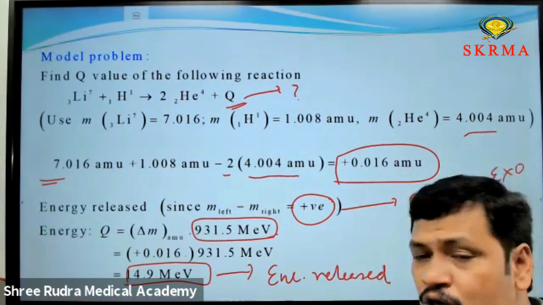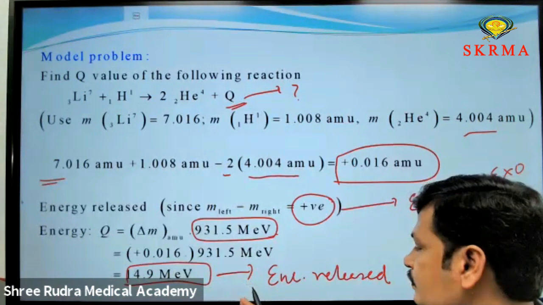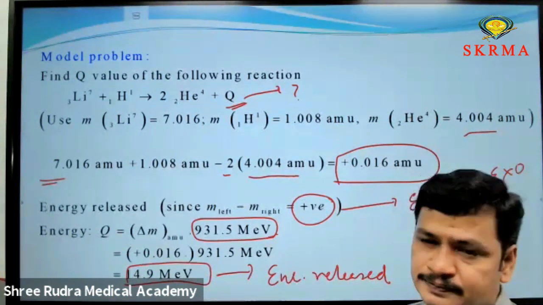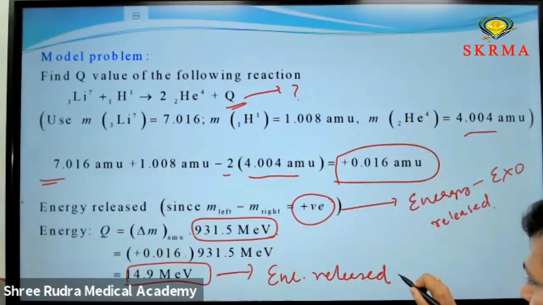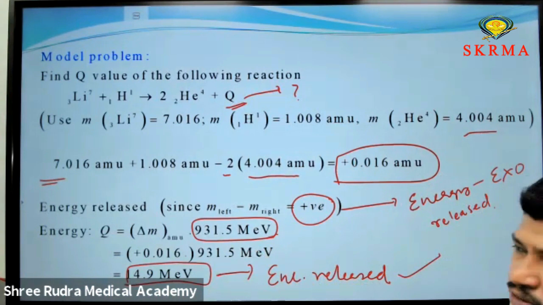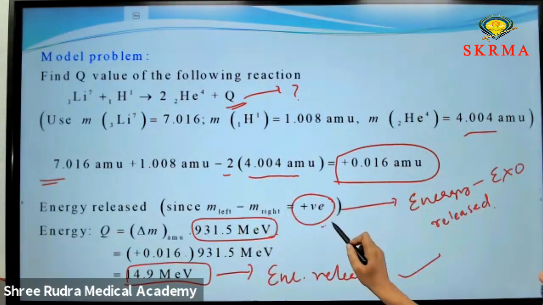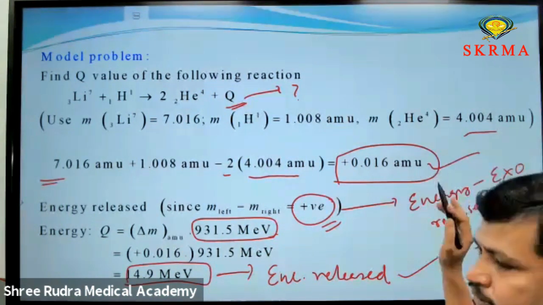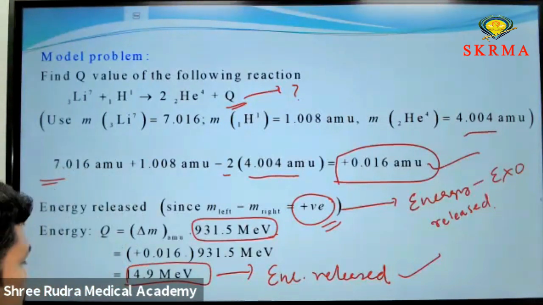In the given 4 options also, you find one option 14.9 MeV released, 14.9 MeV absorbed like that. But you have to put the correct option as energy released in this case. Why? Because the delta M we have calculated here is positive. We got a positive value. This type of problems is often asked in NEET orientation.